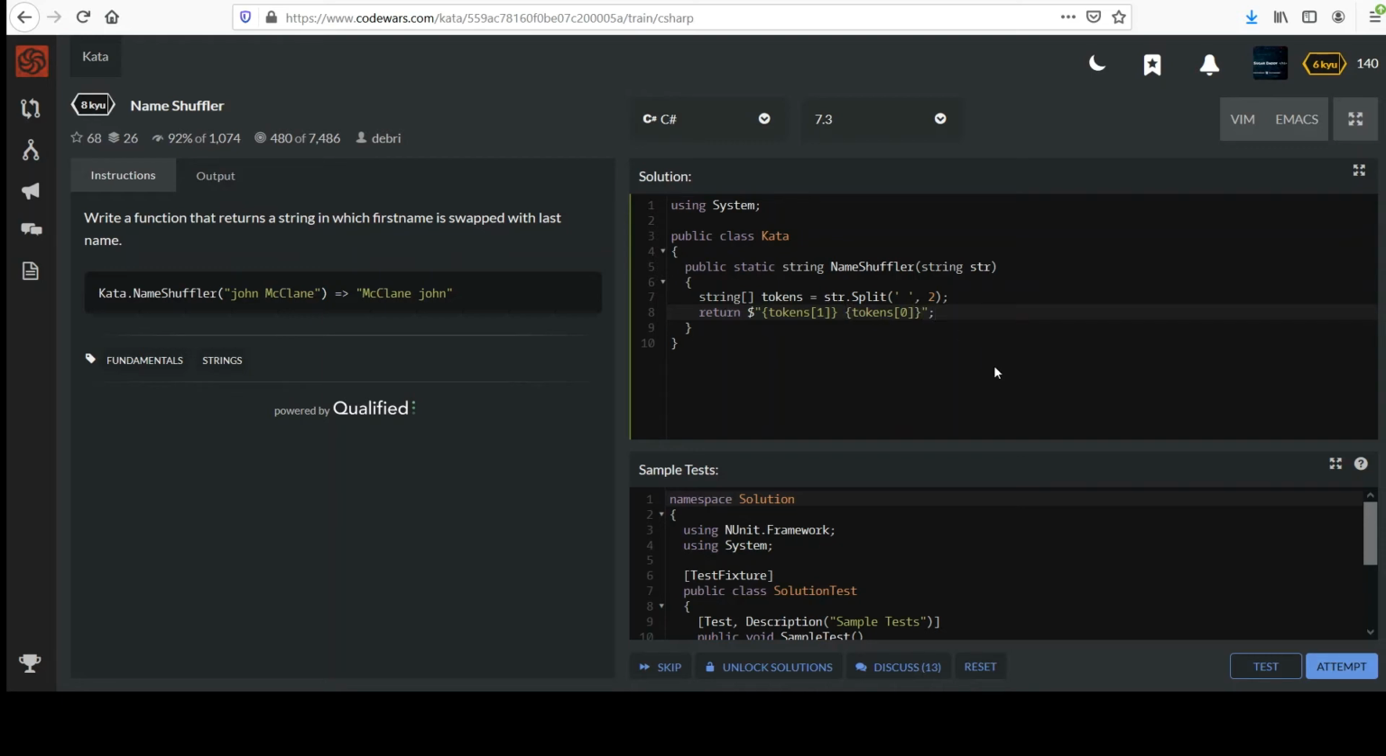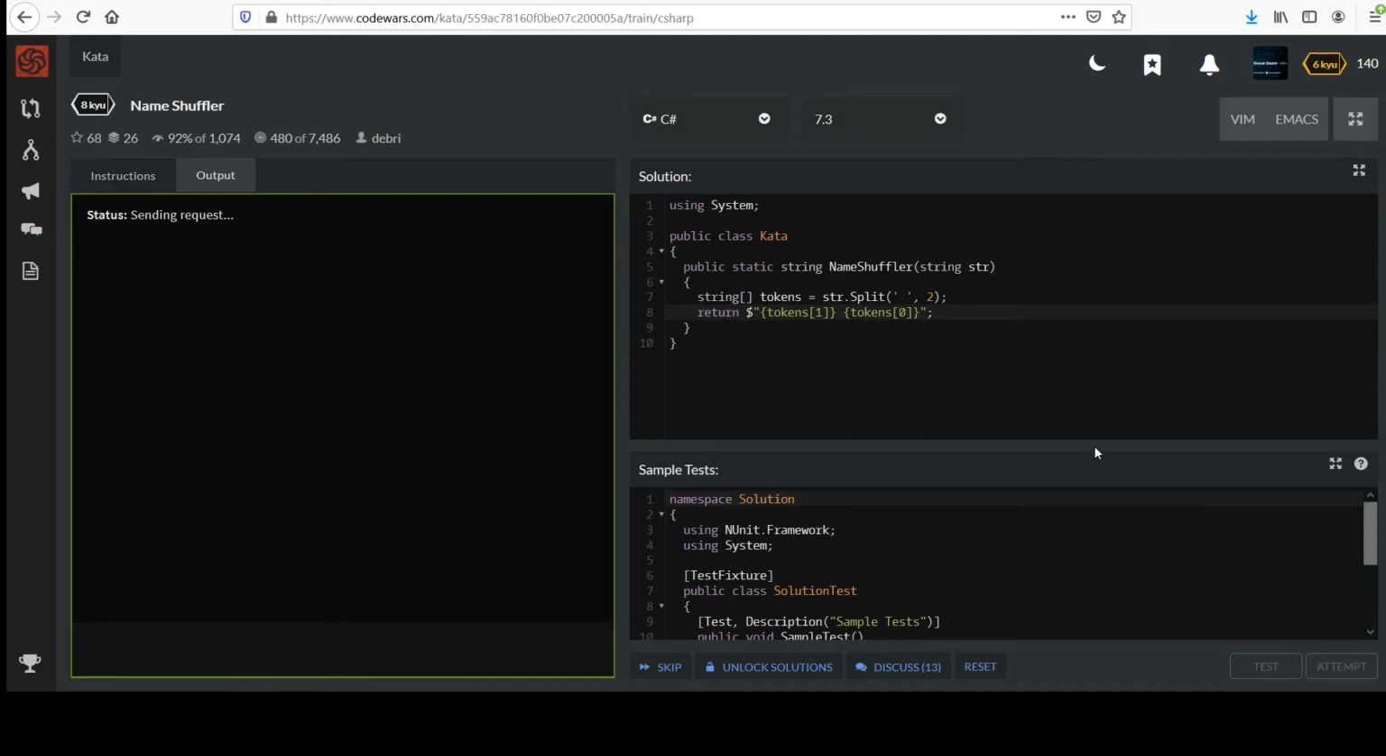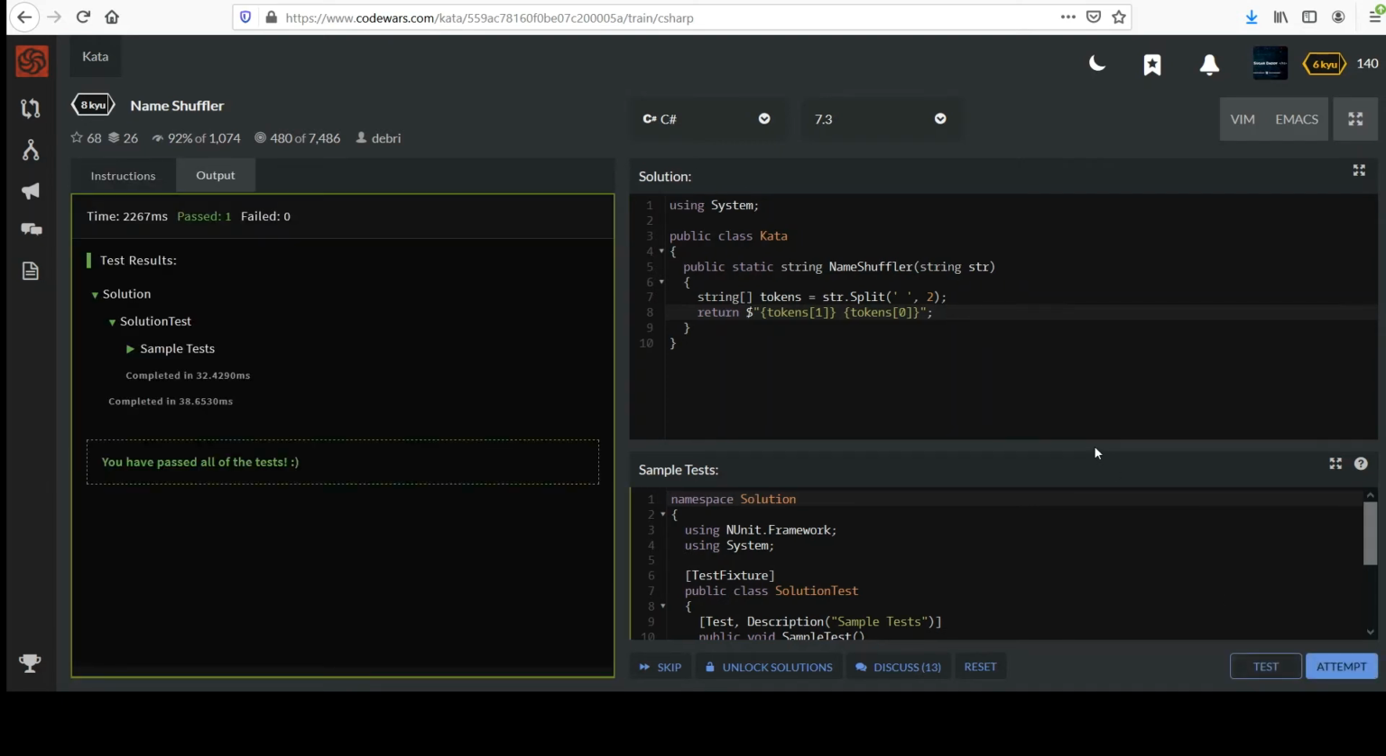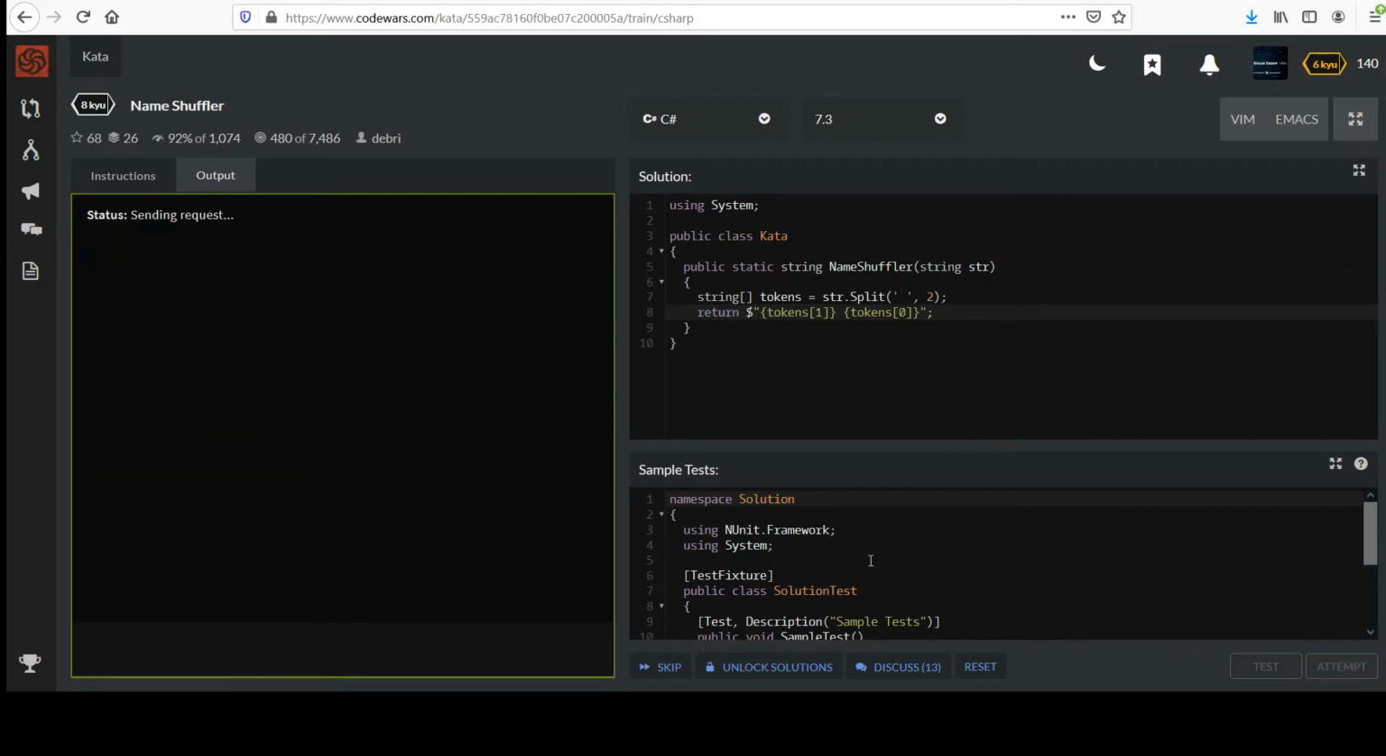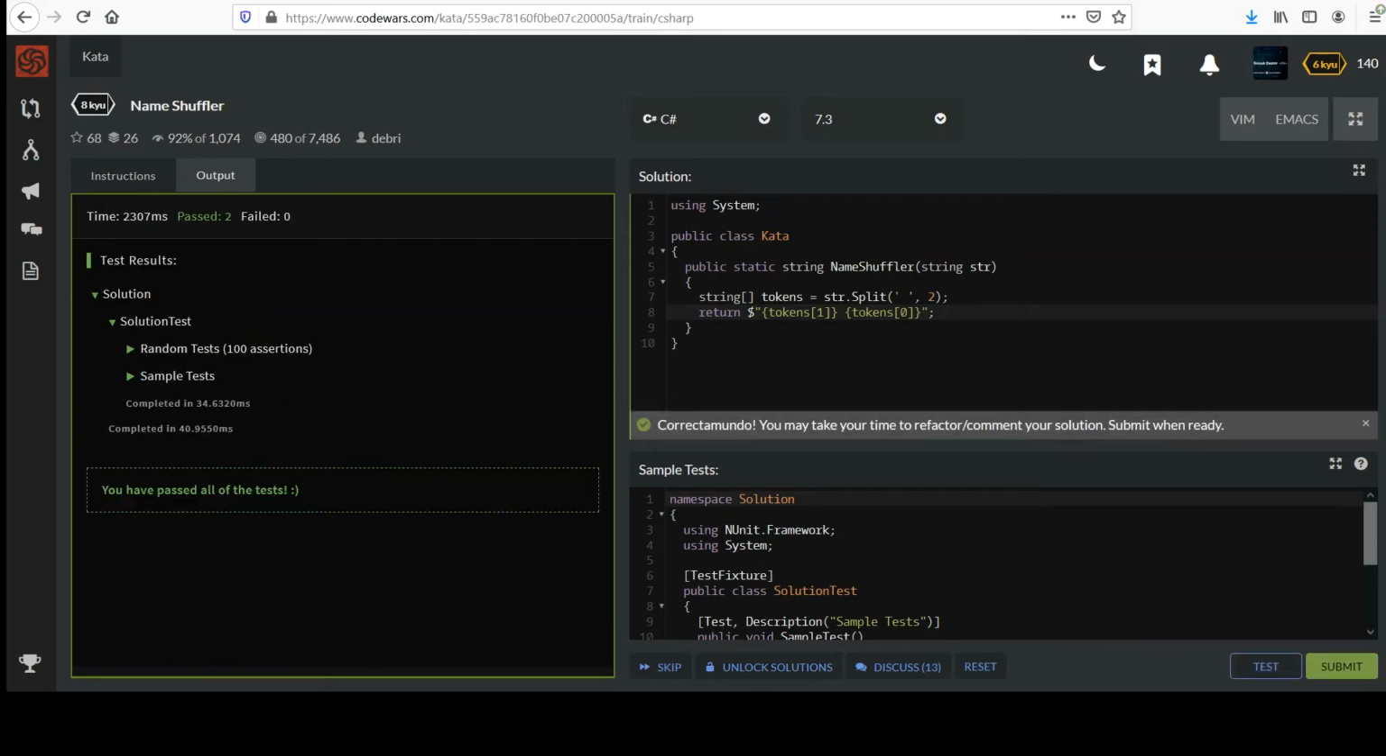So I think this should work. Test it. Okay, it looks good. Do the full one. Good. And then we'll do a little quick bonus for all you one-line Wallies out there. Let's do